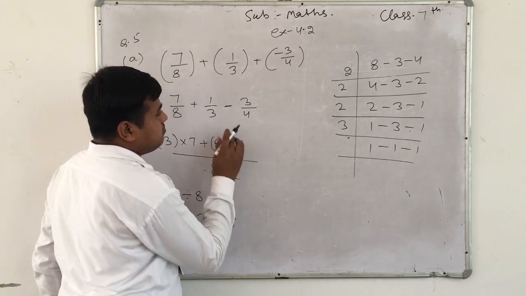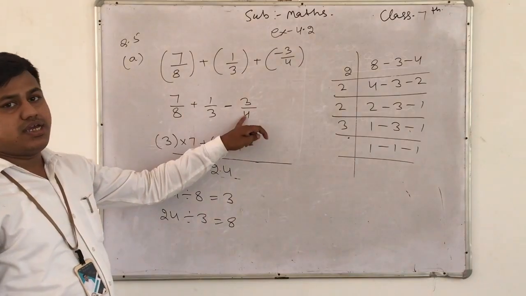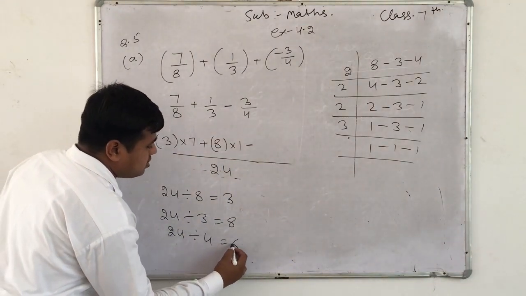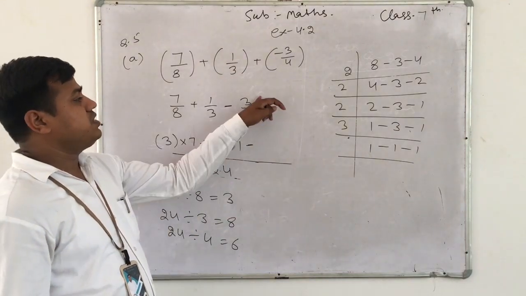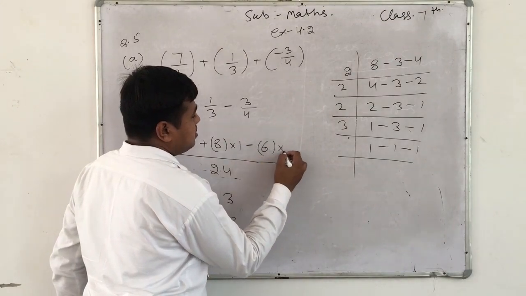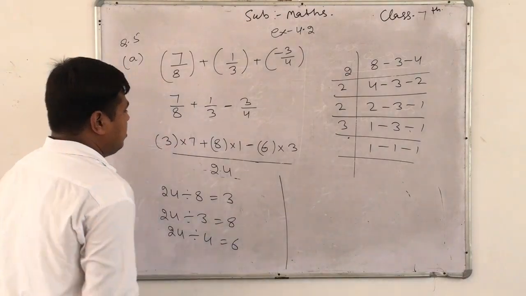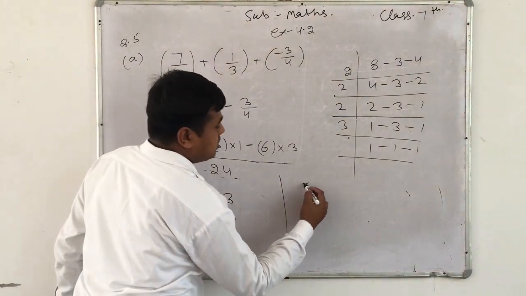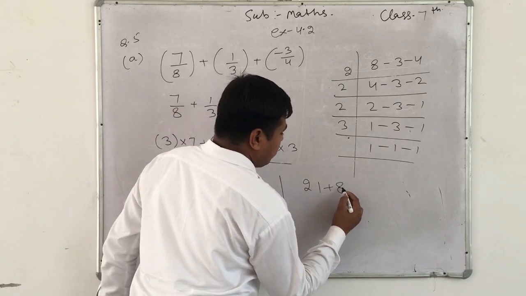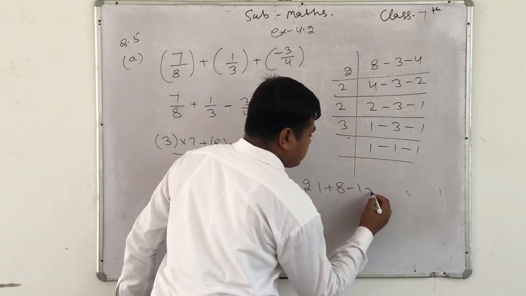8 multiplied by 1 with a sign of minus. Then 24 divided by the third denominator, and 24 divided by 4 we get 6. This 6 multiplies with the upper part, the numerator: 6 multiplied by 3. After that we will get 3 sevens are 21 with the sign of positive, 8 ones are 8 with the plus sign, 6 threes are 18 with the sign of minus, divided by